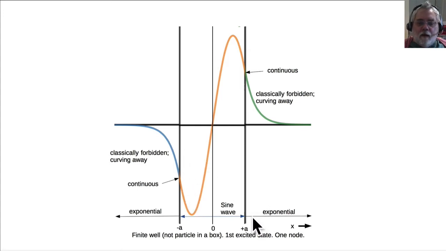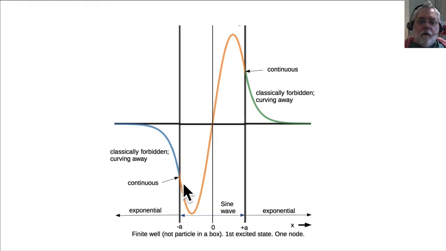I could show the ground state energy, but it's more instructive in this case to show the first excited state, which is odd with respect to the center of the well, and it has one zero crossing, one node at the center of the well. This is a zero crossing. Within the well, we have a sine wave, but it's different than the particle in the box in that the sine wave